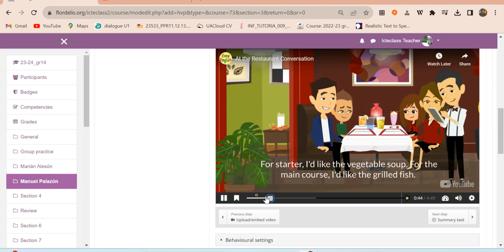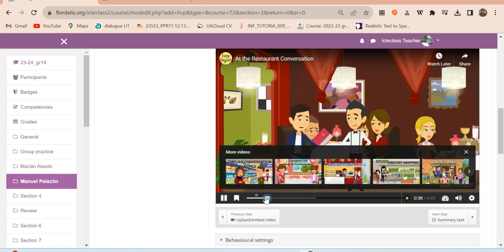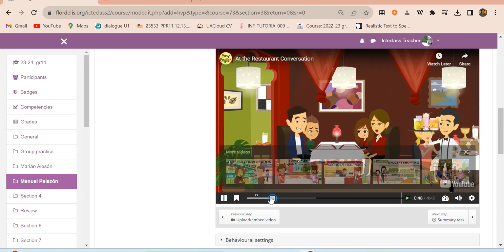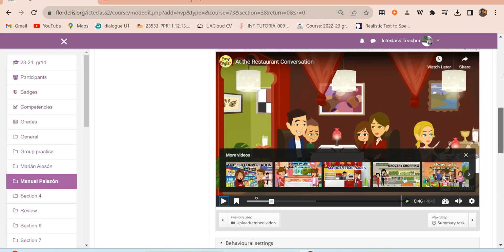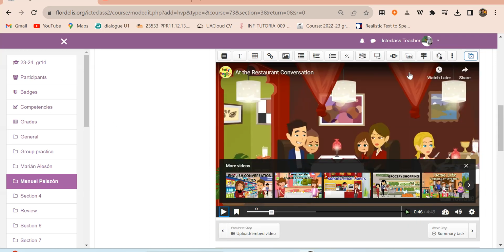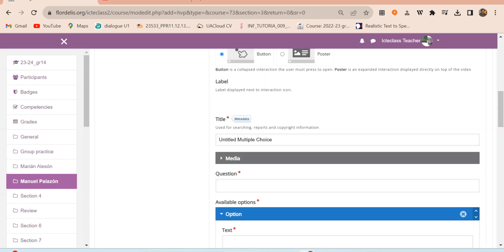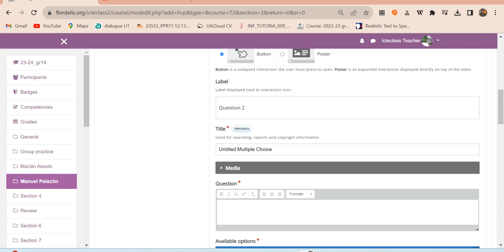So a little bit before here. So they have been asking for the drinks, and there we go. I'm going to stop here, and I'm going to create a question set. I'm going to create multiple choice test. So in this case, I'm going to put a label. This is going to be question 2, or could be activity 2, and my question is going to be